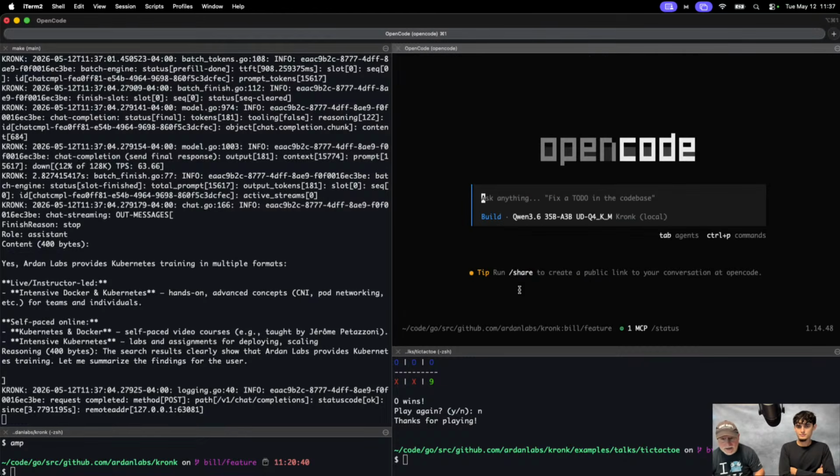So when we get back to writing that tic-tac-toe game, now I want to say something like, "I'm going to ask you to write a Go program. Please use the write-Go skill."